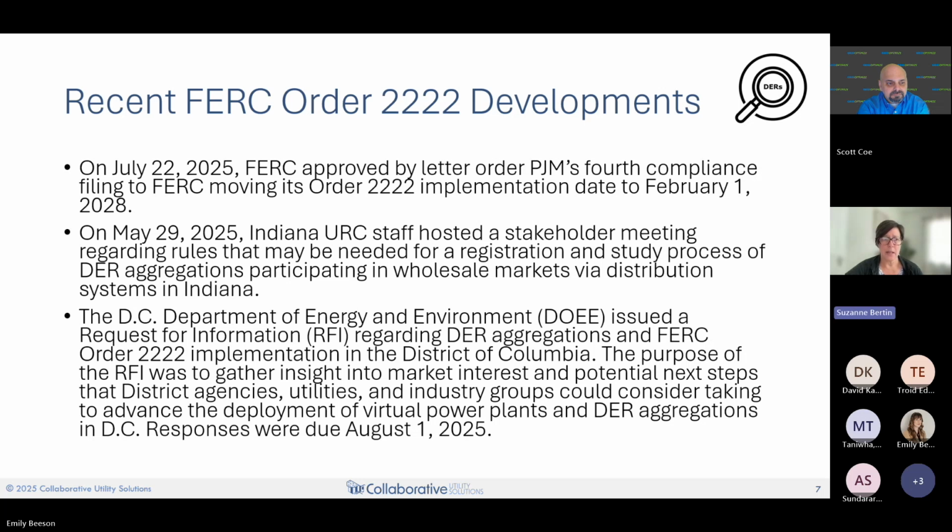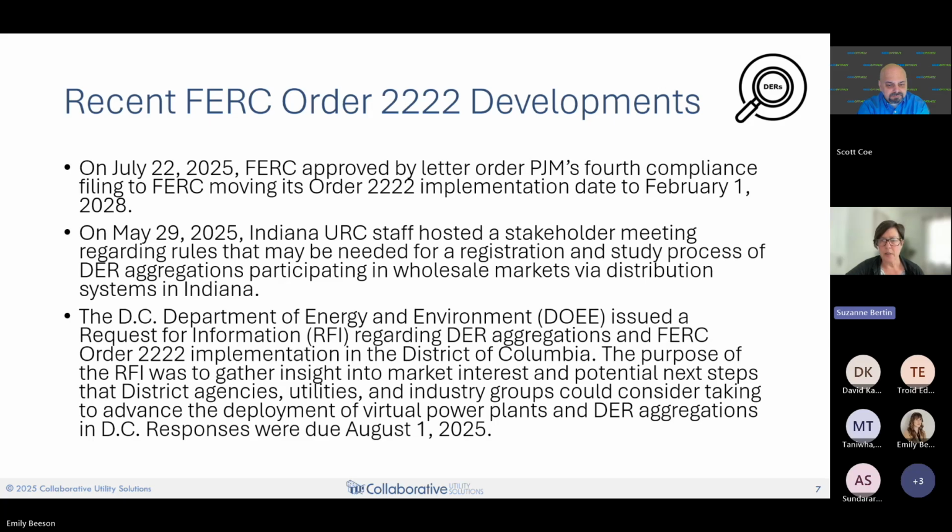And then in the states, there was also some activity. In late May, the Indiana URC hosted a stakeholder meeting regarding rules needed for registrations and the study process of DER aggregations participating in wholesale markets via distribution utilities. They also took some stakeholder comments following that meeting.